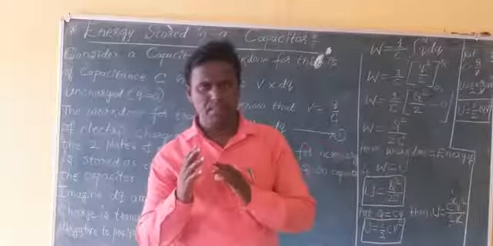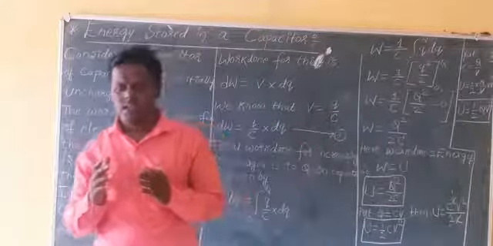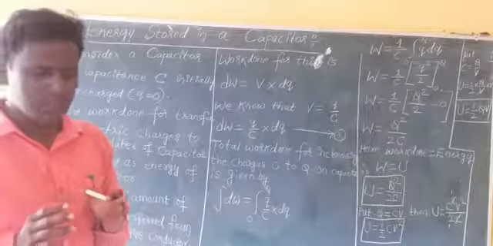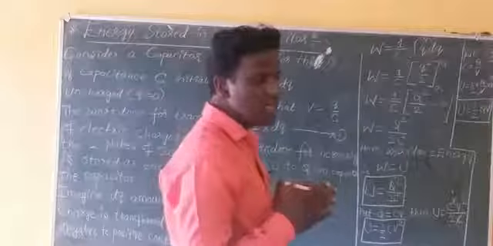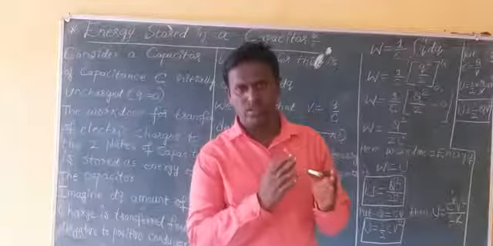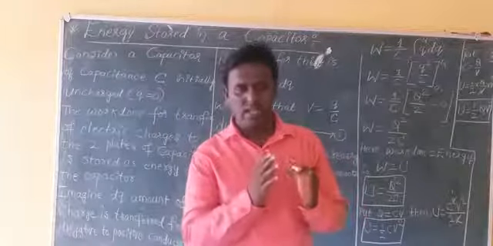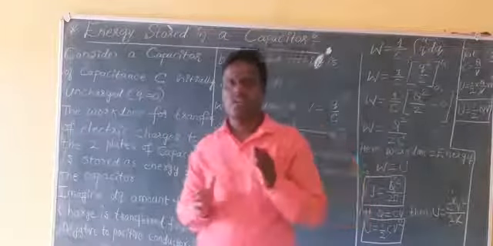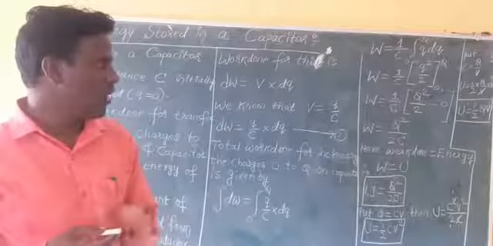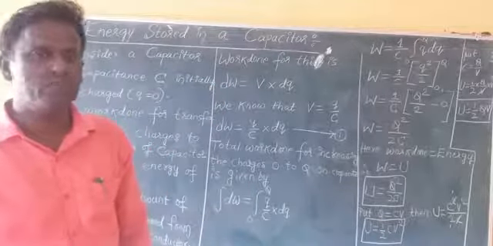See, imagine a capacitor has no charges at all. A capacitor that is completely uncharged. Initially it has no charges in it. It means zero charge is present in the capacitor. So here, the two plates, the positive one and the negative one, do not have any excess charge. What I am telling is, the capacitor is initially uncharged, its charge is zero.